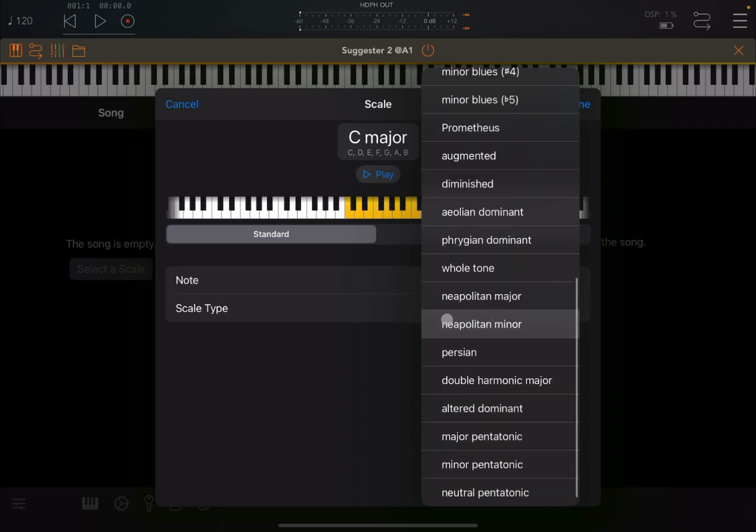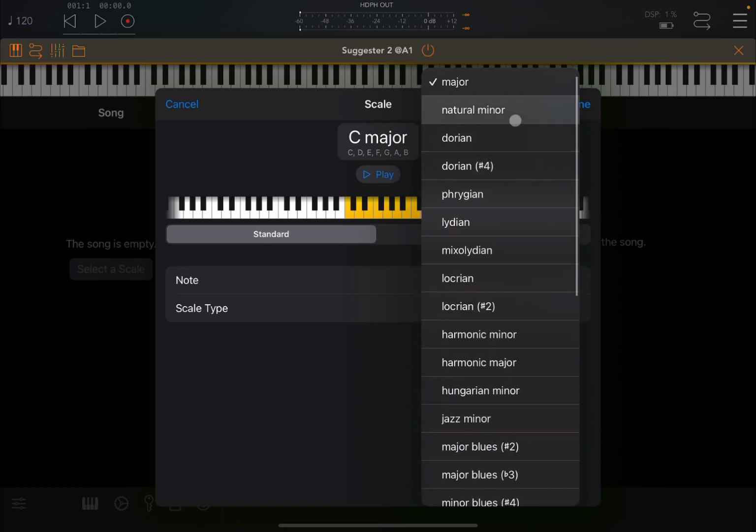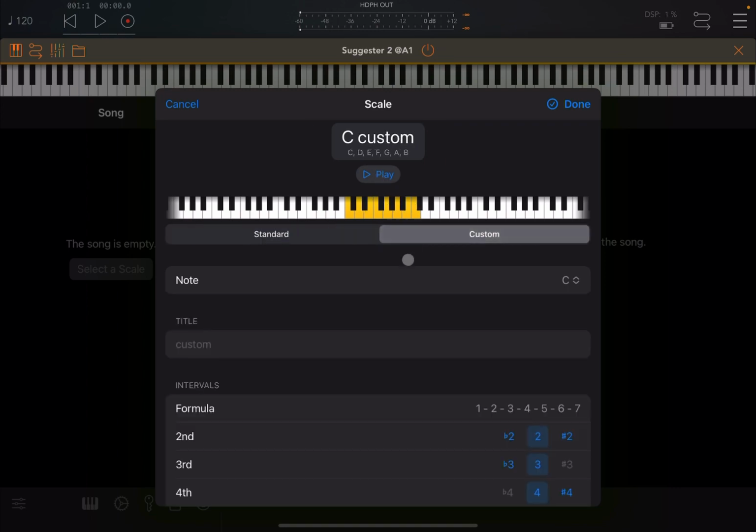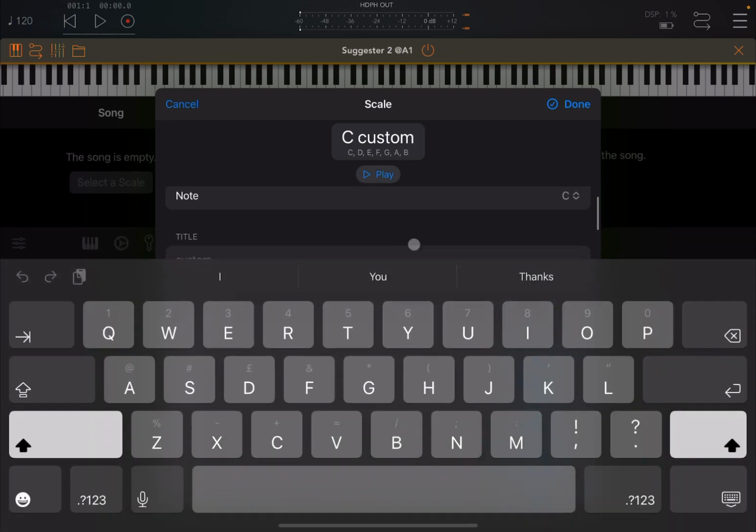And you have a lot of different options you can select from. So natural minor, you see all the relevant keys highlighted, and then again you have the opportunity to play again. So you can always hear the scale before you start using it. Of course, you can go to custom, and you still have a root note, and then you can define a